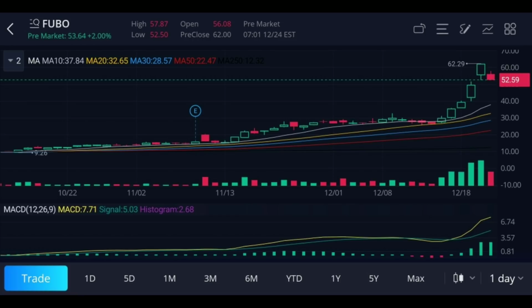Now, this analyst also discounts the entire idea of FUBO getting into the sports betting industry. And what he says about that is basically that there's going to be regulatory issues surrounding that. He doesn't see them having any success in the sports betting industry. And another point he makes is that he doesn't see this family-centered platform where kids can get in there and basically place bets and do sports betting.